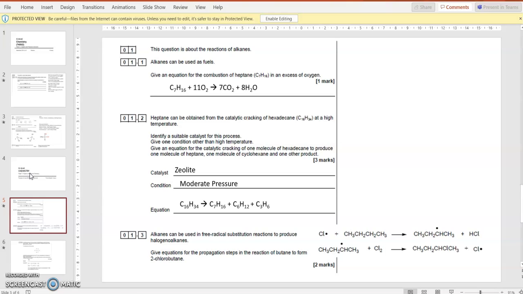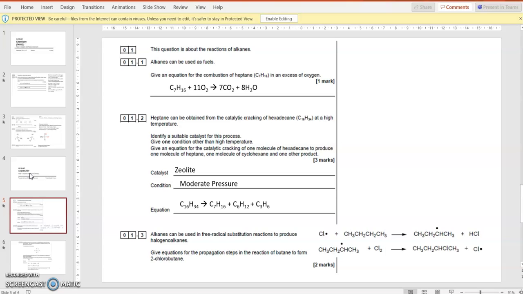Again, here we've got an example of Cl dot formed from Cl2 going to 2 Cl dot in the initiation step, then going into a propagation step. Propagation step is where it continues on, and the Cl dot might react with something here. Say for example we've got butane, and it says that it wants to form 2 chlorobutane, so the H comes off carbon number 2 and leaves a C dot on carbon number 2. It always makes HCl, always, as a product, so it will make HCl if you're using Cl dot, and then